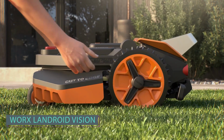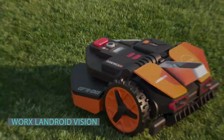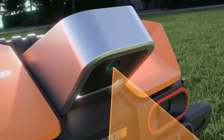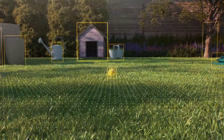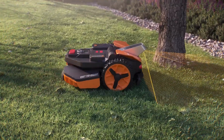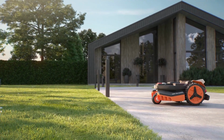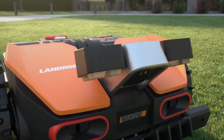Introducing the WORX Vision Robotic Lawnmower, a solution for effortless lawn care. With its revolutionary intelligent technology, installation is so simple. Just place it on your lawn, press the button, and watch it in action. Vision's advanced neural network ensures precise grass cutting, skillfully navigating obstacles. Thanks to Vision's AI and full HD camera, it registers and processes its environment, promoting a harmonious coexistence with nature